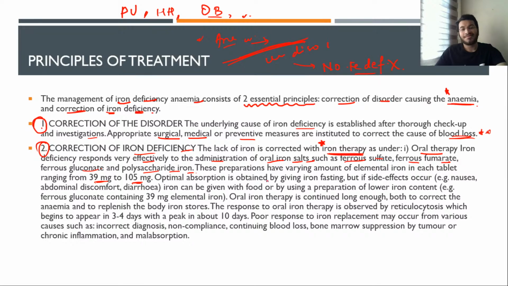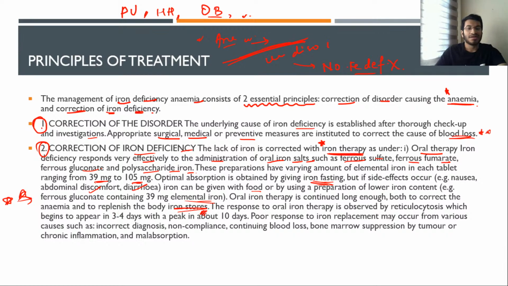Optimal absorption is obtained by giving iron fasting, but if side effects occur like nausea, abdominal discomfort, or diarrhea, iron can be given with food or by using a preparation of lower iron content like ferrous gluconate, containing 39 mg of elemental iron. Oral iron therapy is continued long enough both to correct the anemia and to replenish the body iron